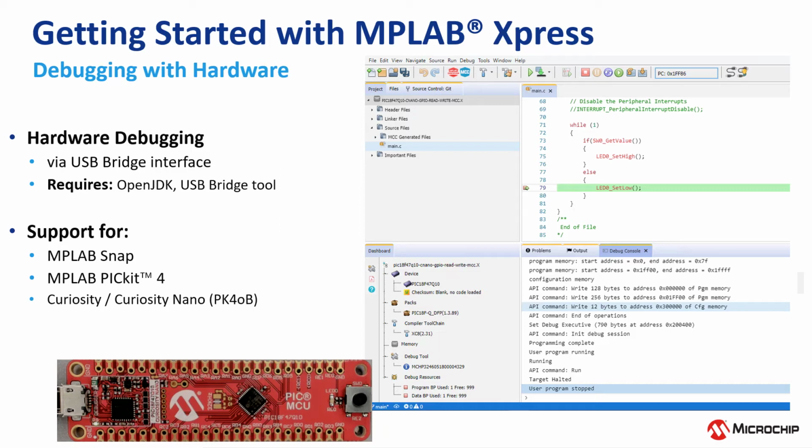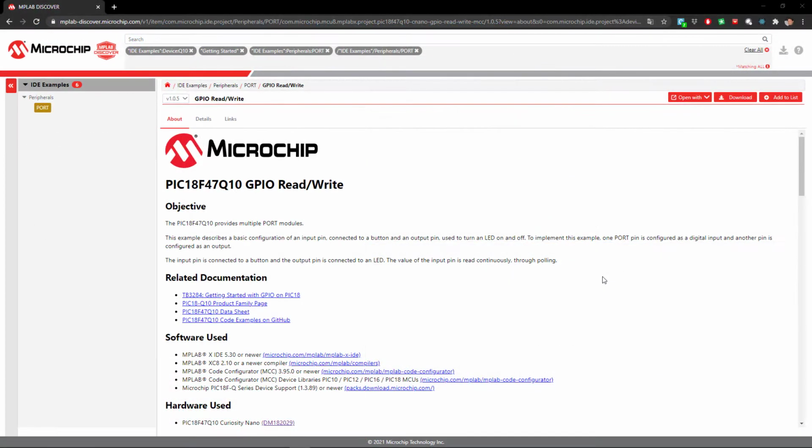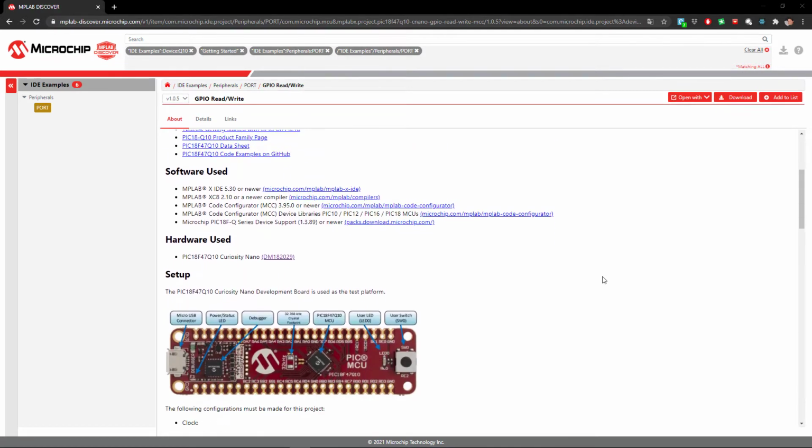In this video, we're going to show hardware debugging with MPLAB Xpress. We're going to be using the USB bridge interface, and this requires OpenJDK, so we'll show you some tips on how to get that installed. Let's get going. I'm using the same project as I used in the previous video, which was about debugging